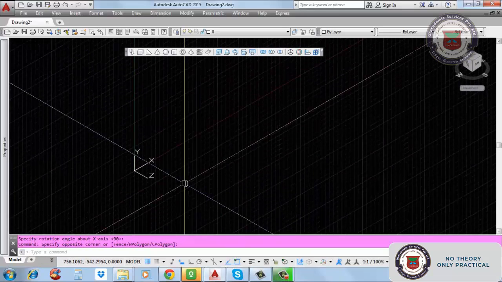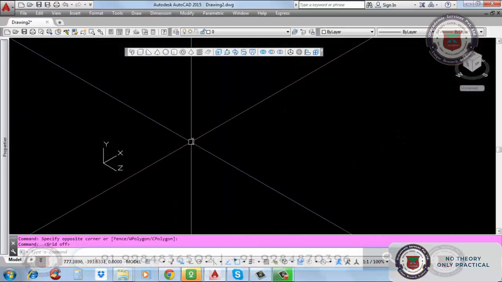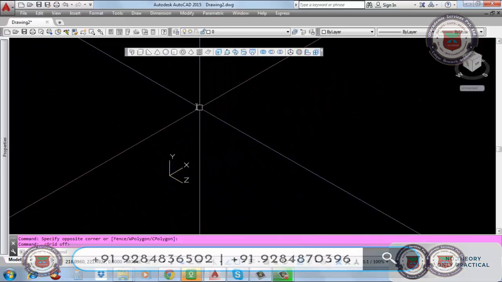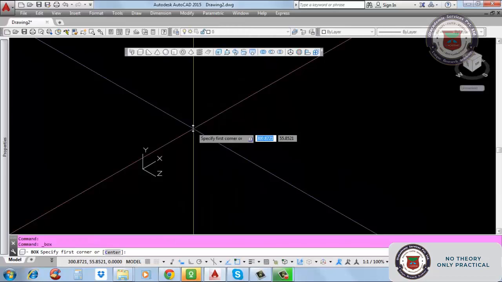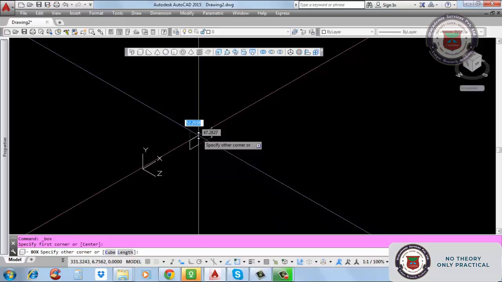Okay, fine. I will switch off that grid, otherwise it will give you problems. Now the XY plane is in this direction. Now you select the box command. Specify the first corner, then shift and we can give the same dimension,